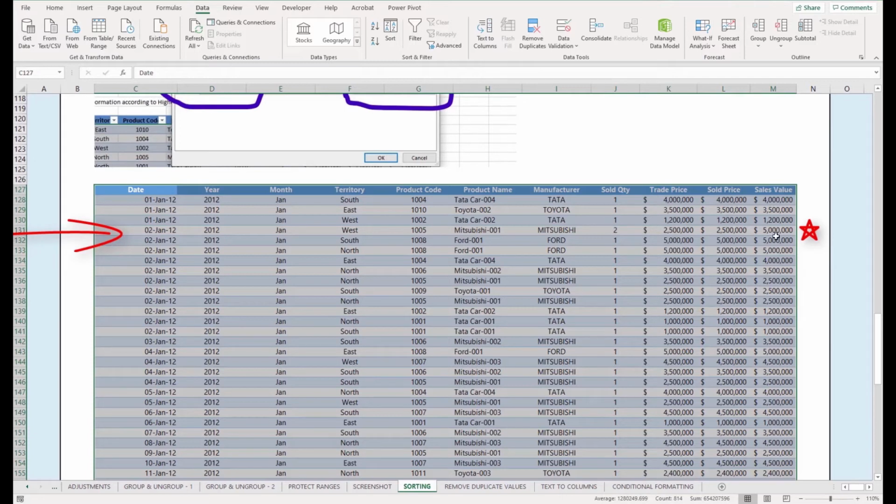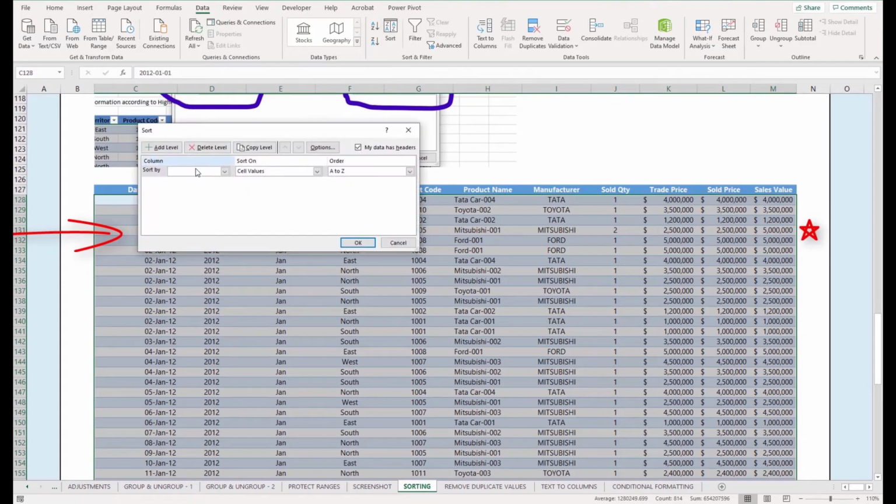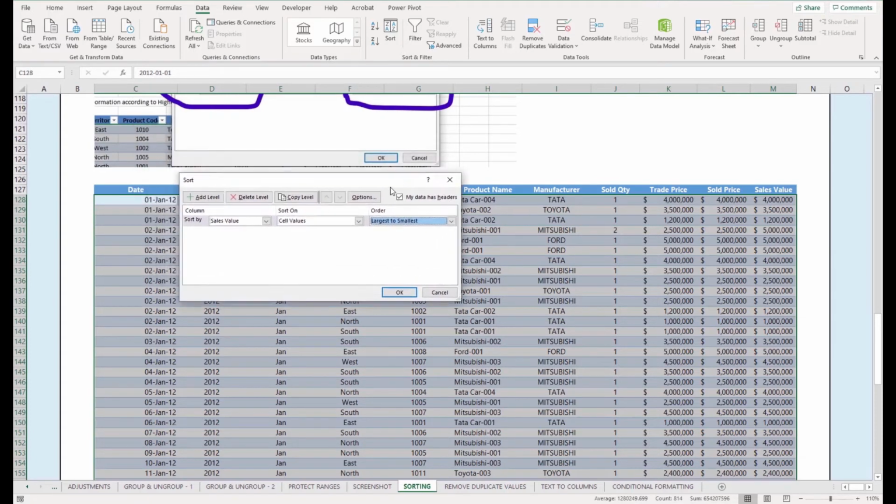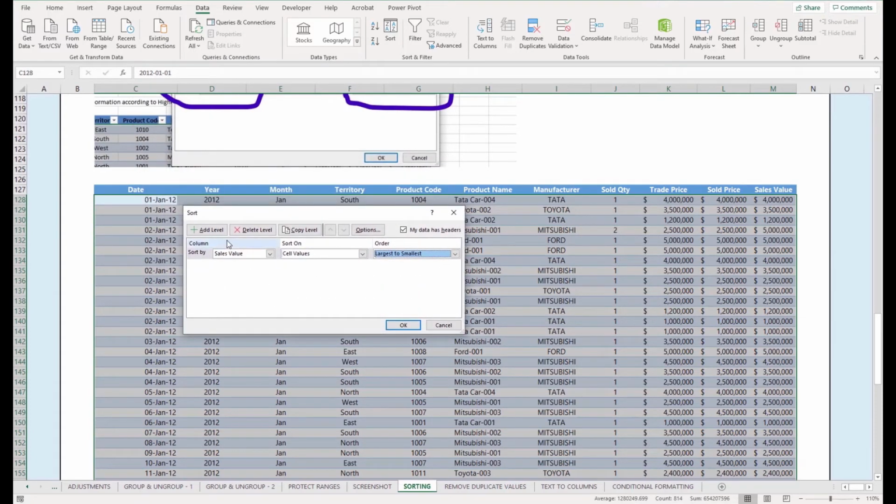So I want to sort it by largest to smallest. Let's go back to the sort function. I'm going to click on the drop down here and change this to sales value. I'm going to sort it by cell values, and I'm going to sort largest to smallest. Again, my data headers are selected there, so there's no issue. I don't want to add another level of sorting in this case, and I'm just going to go ahead and